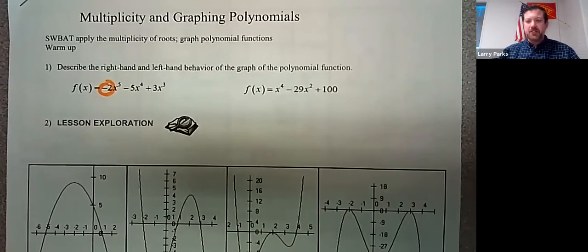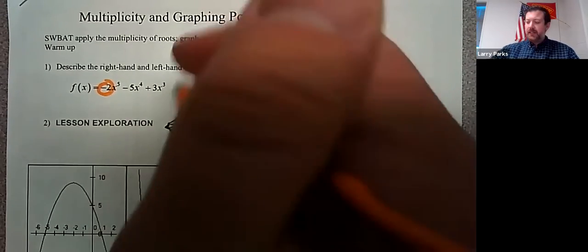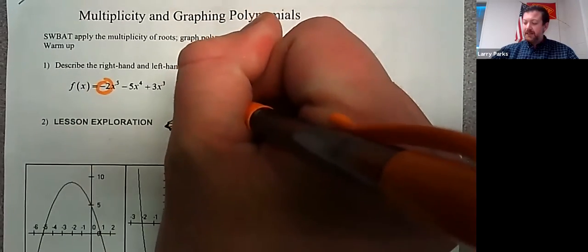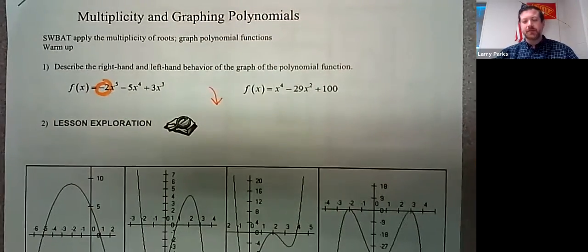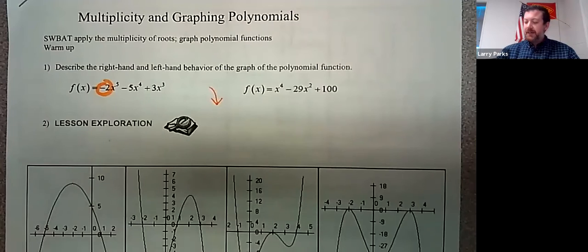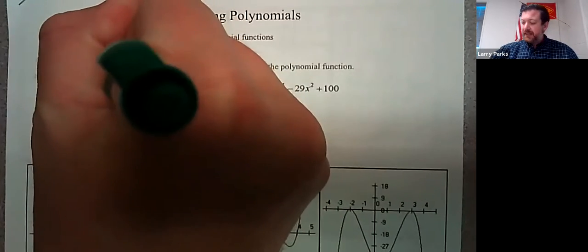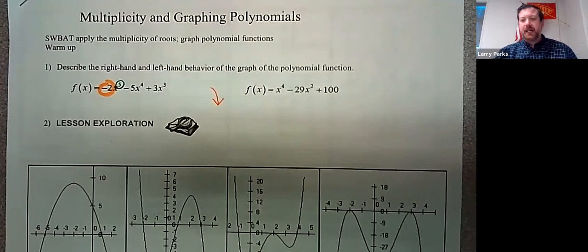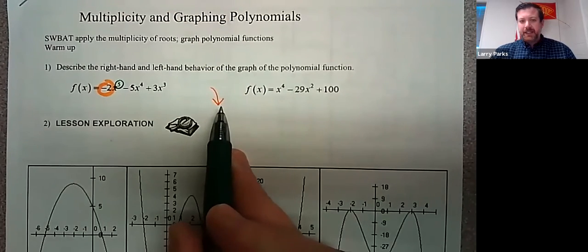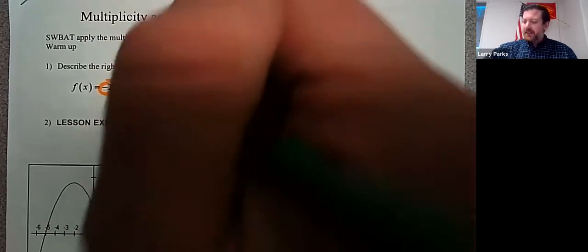The leading coefficient is negative, so I know it opens down on the right. And the degree is odd. If the degree is odd, whatever it did on the right, it does the opposite on the left. So it's going to open up